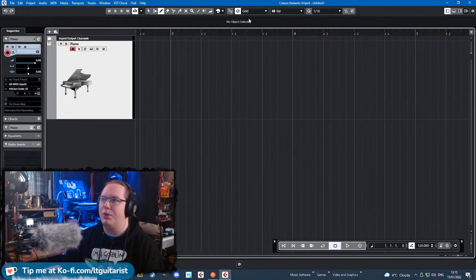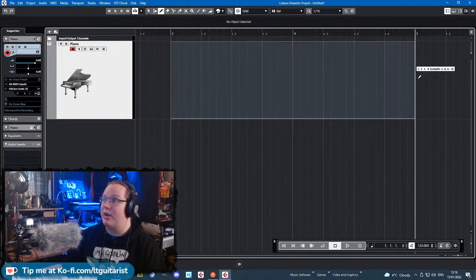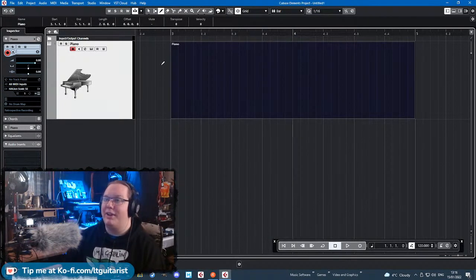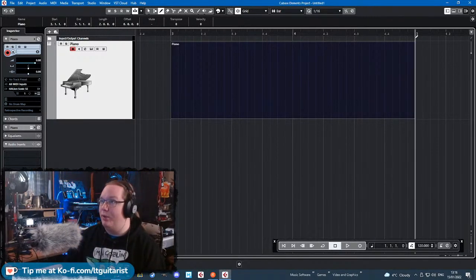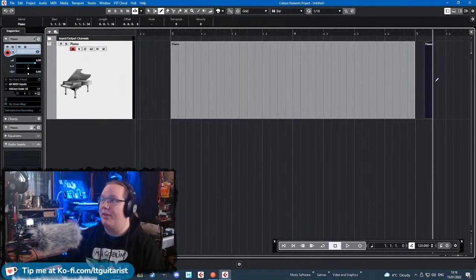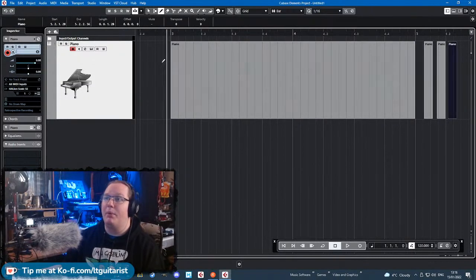and I want to make sure that my grid is selected. At the top here we've got the word grid. The little button next to it should be white, because that means if I click in this space and drag over, I've created a clip that is the length of bar 3 and bar 4. And it's exactly that length because I've got grid on. If I had grid off, I could create something that's whatever length I want,